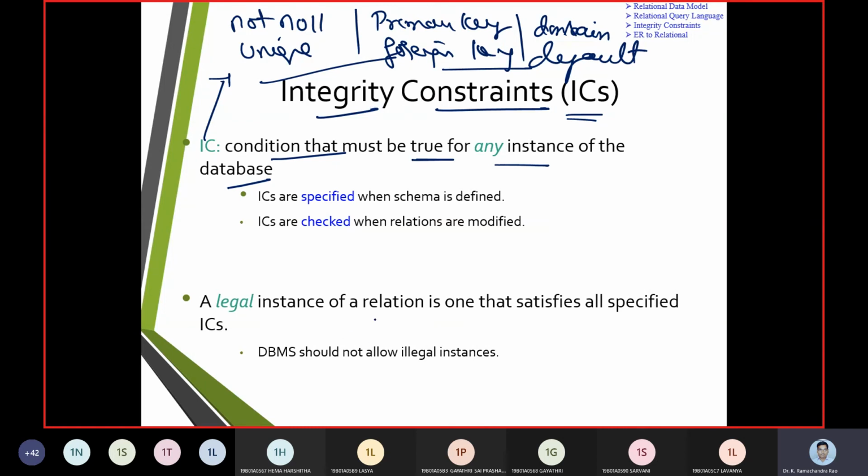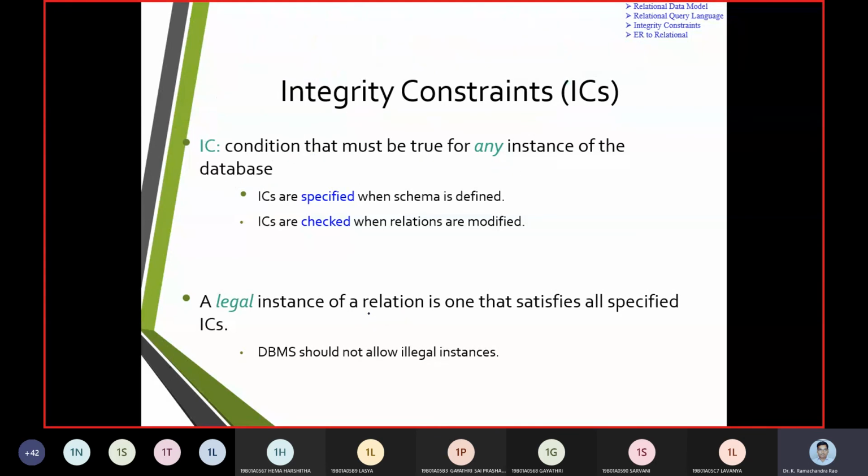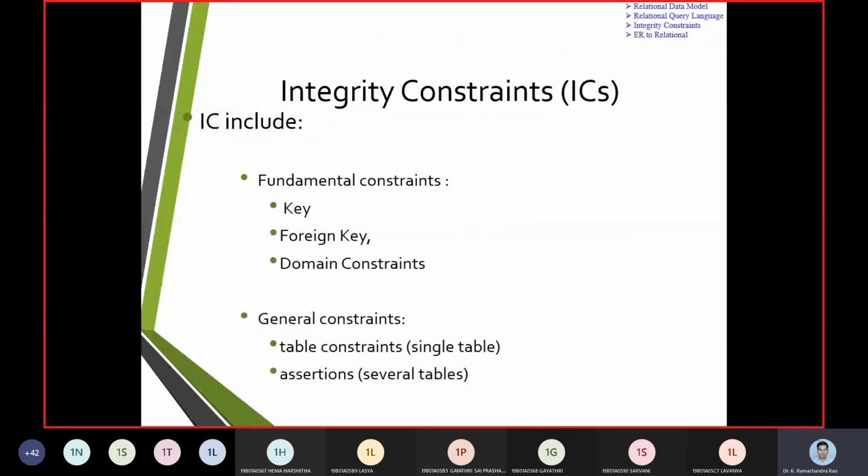They are applicable to whatever type of relation we build. Now, how are these constraints taken up? The constraints are taken up as keys, and as foreign keys, which we call reference keys, and the constraints are applicable to a domain.